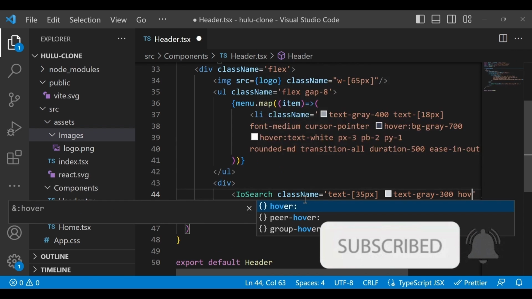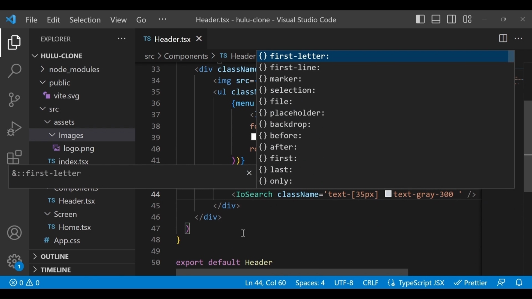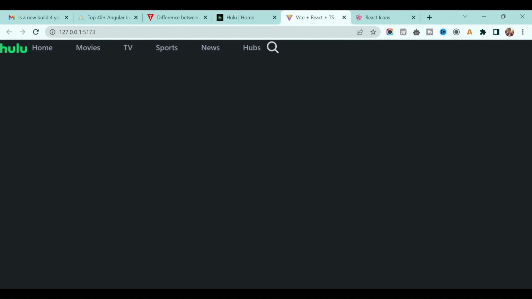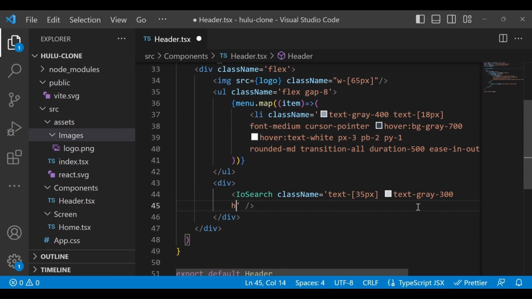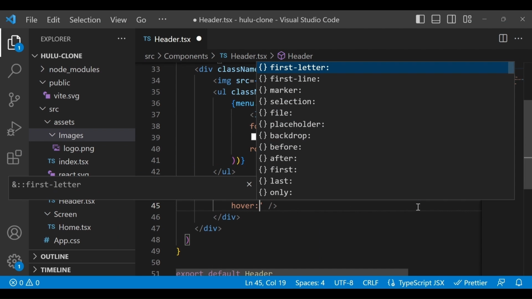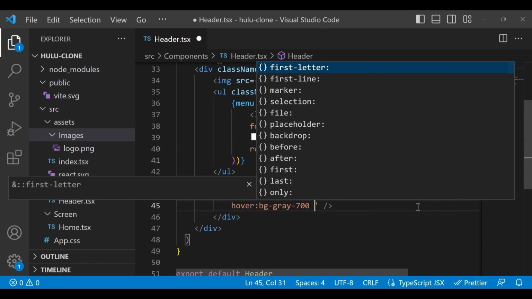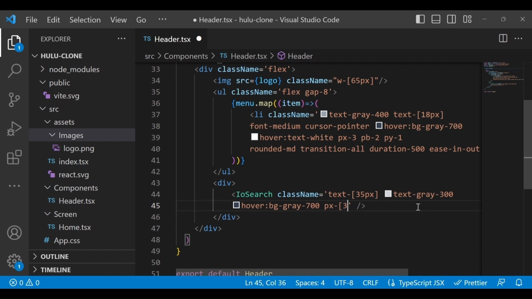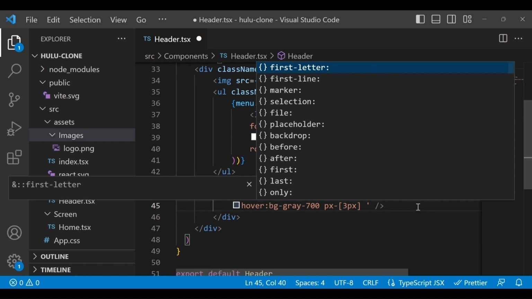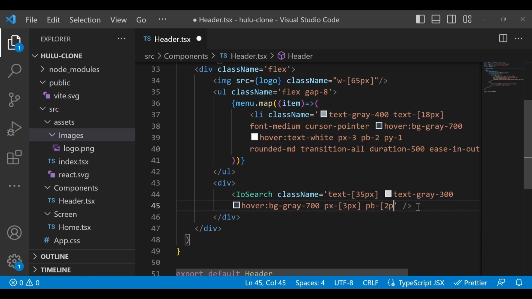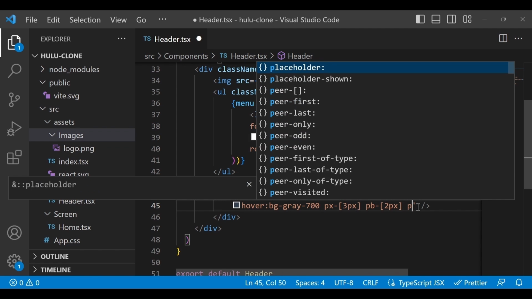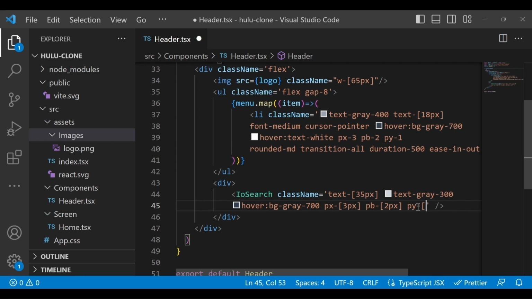Then on hover we'll change the background, but let's see how it looks first. You see, now on hover we want to change the background. So background gray to be 700, and we'll give some padding. I will give custom padding on bottom to be 2 pixel, and padding y to be again 2 pixel. Okay, 2 pixels. Let's see how it looks.